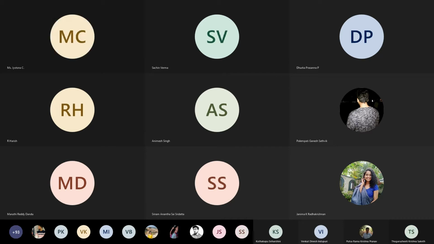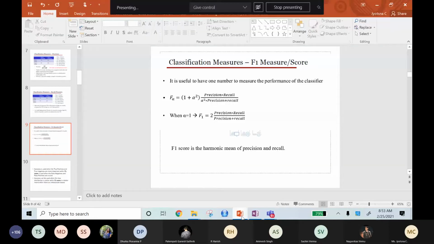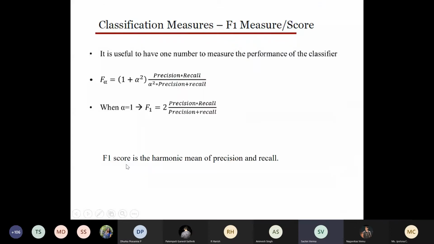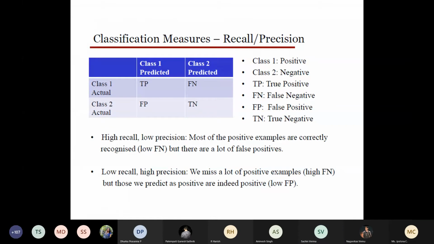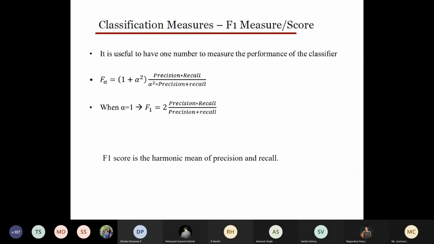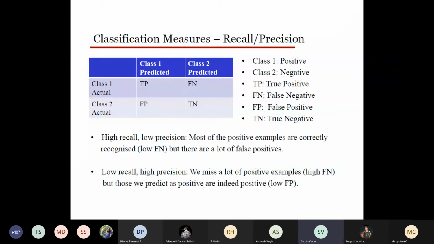Yeah, sorry students, can you hear me now? Yes, ma'am, it's audible. Actually, network had some problem, so I got exited from that Teams meeting. Okay, I'll share once again. Can you see the screen? Yes or no? Yes, ma'am, it's visible. Okay. I don't know where I stopped. So this I was explaining. You were able to hear? Yes or no? Tell me. I just went to the slide. Till which point you heard?